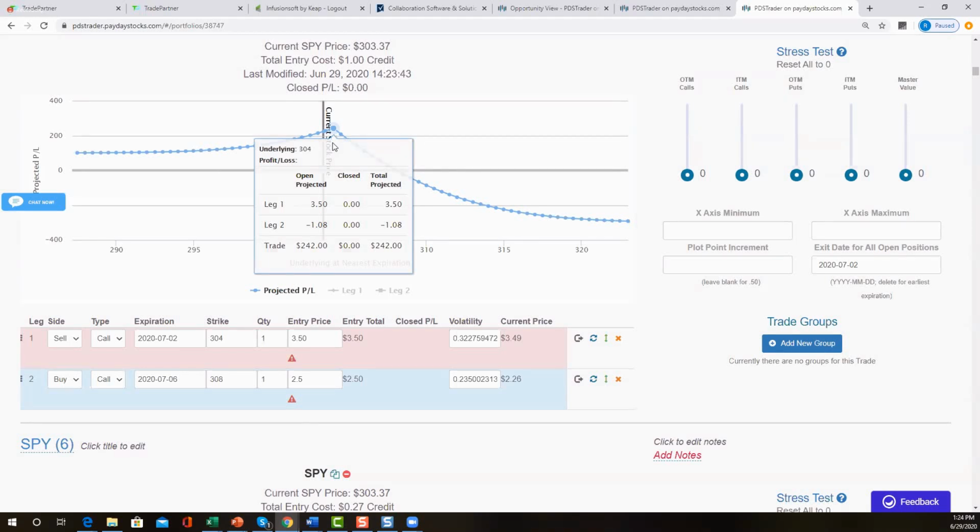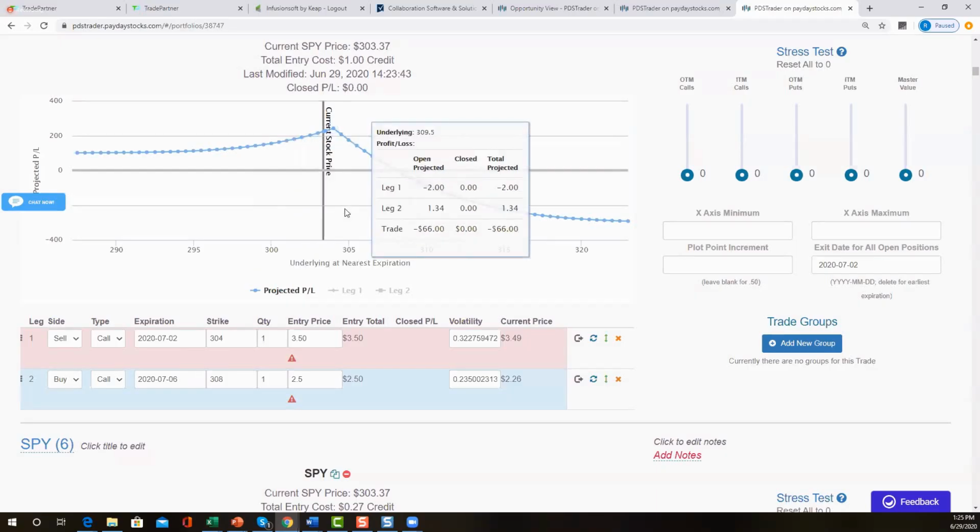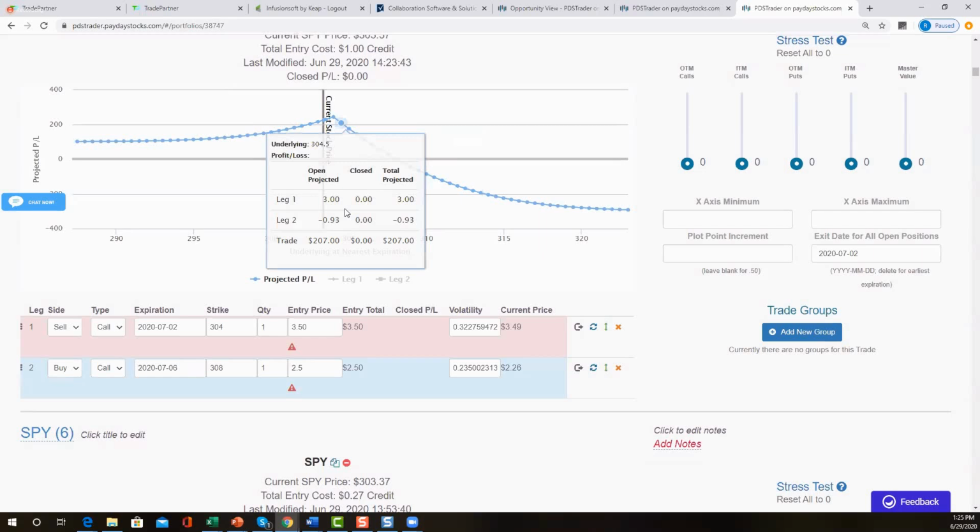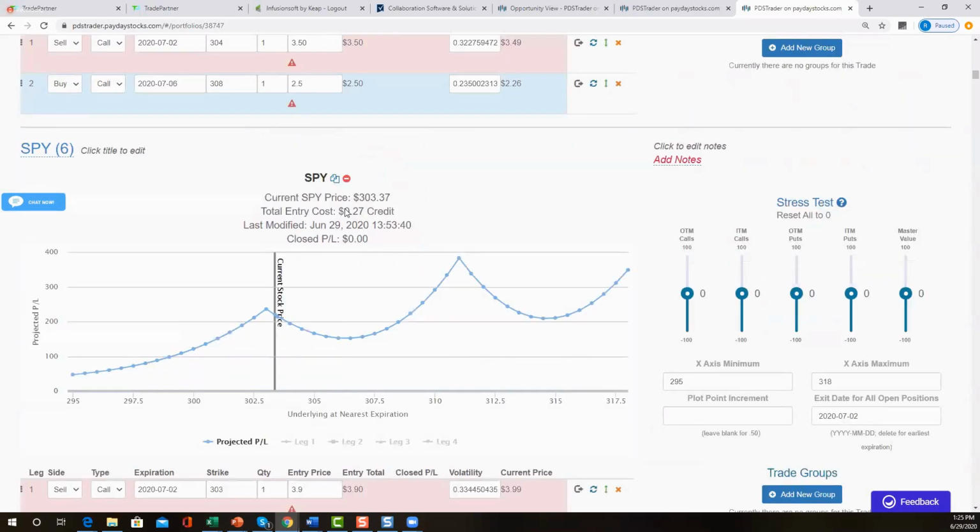So we're probably looking at about a $200 profit potential right at the 304 level. And of course, we're not trading, we're trading below 304 right now. And so because of that, we actually can see the market move higher, and we should be looking pretty good. With the bullish leg, let me find the bullish leg. I think it was actually above here.